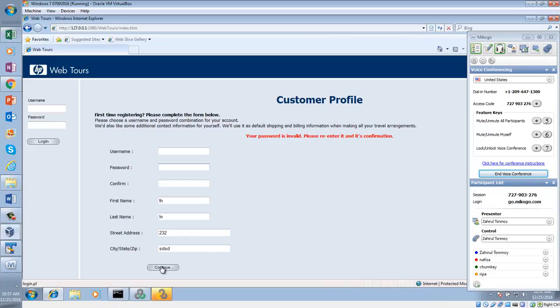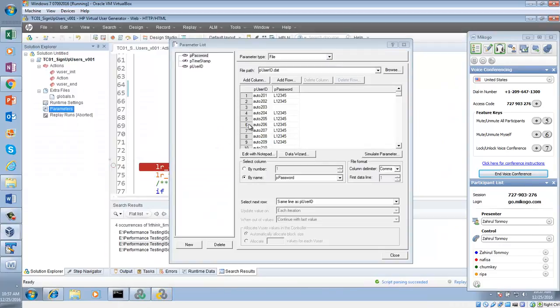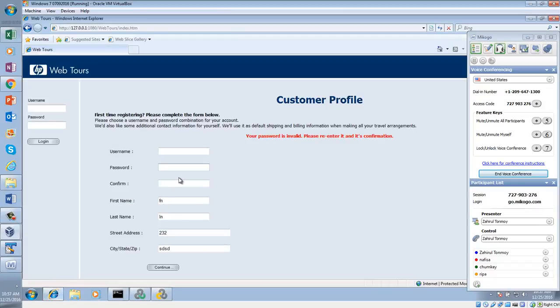So the purpose here again, what I did here, I removed password for two of the parameters. And you have seen that from the script, if I do not give a password, then it says password is invalid.